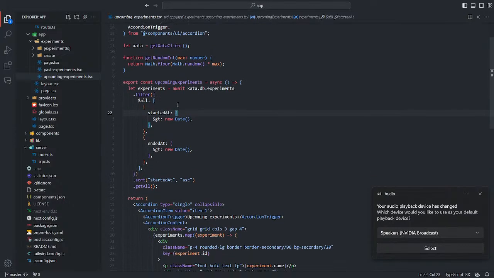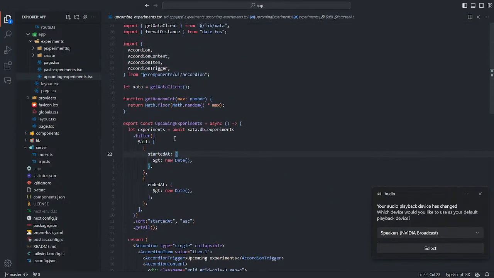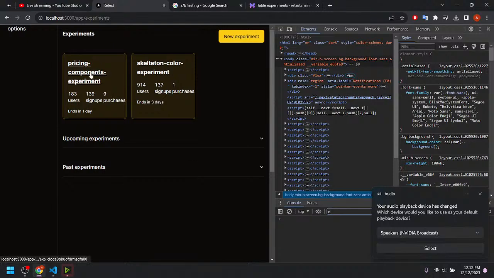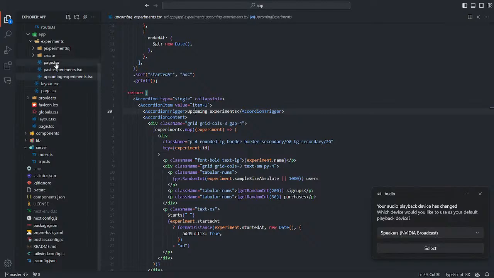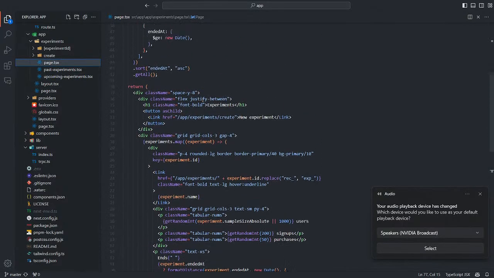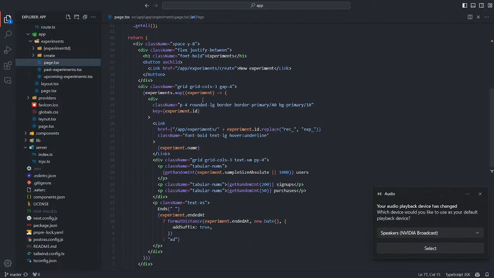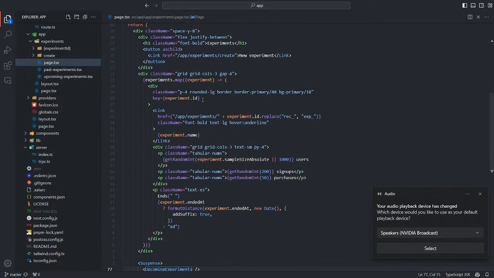Okay, so here we have this async component called upcoming experiments, and we want it to be a link. I think we could do even better.